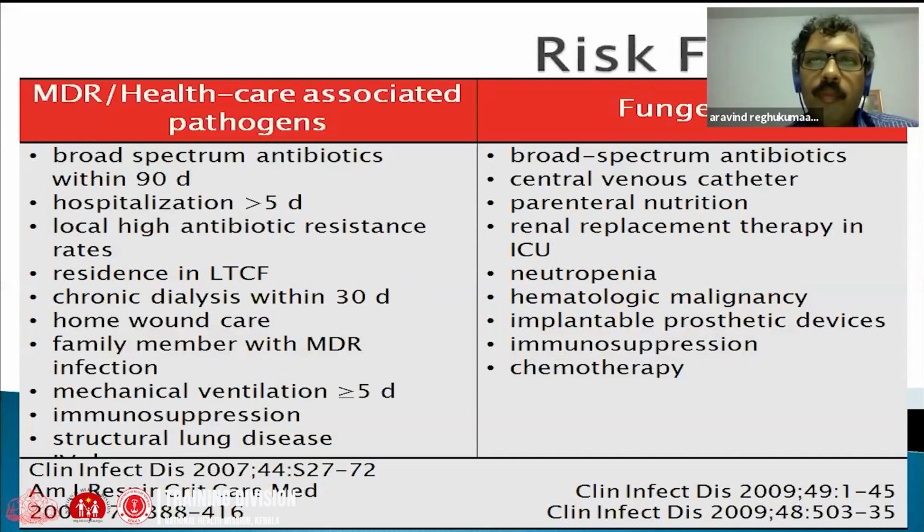linezolid. Then the risk factors. Now when you are seeing a patient, suppose the patient is having uncontrolled diabetes with, say, urinary tract infection, has received multiple courses of antibiotics recently, say within 90 days or so, has been hospitalized recently, or there is a history of a family member with a multi-drug resistant infection, etc. If such history is there, when you are selecting the antibiotic, you should keep one thing in mind, that the patient may also be having infection with a drug resistant organism. But having said that,